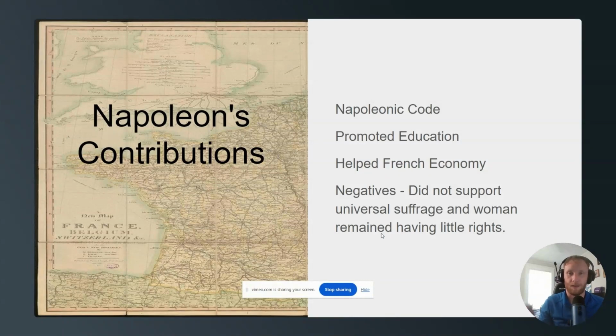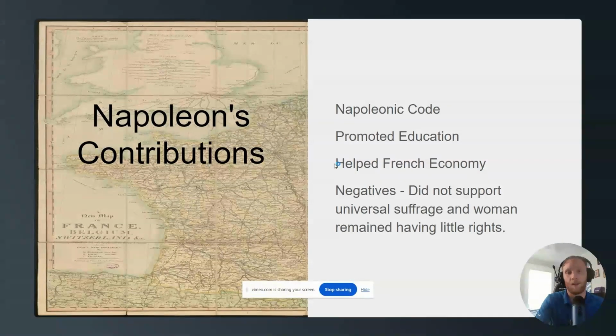It's kind of like Hammurabi's Code, but not so much eye for an eye. He promoted education, like public schools, so now the poor could be educated, which is huge. He did help the French economy. Taking over half of Europe definitely helps that as well. But he did some actual economic finagling with the numbers to make France do a lot better, trade-wise and stuff.